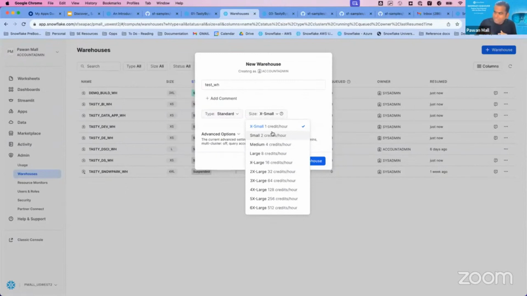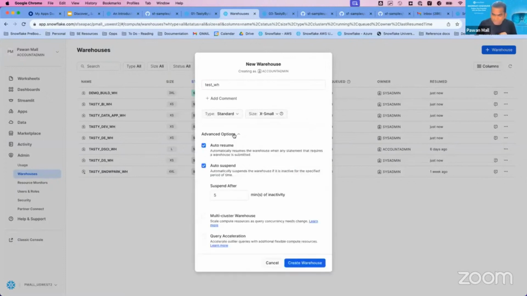And later during the session, I will also show you how you can scale up a warehouse and execute something much faster. So if I run a job which loads data from S3 into Snowflake, it will take probably 2-3 minutes for extra small. But when you do that with XXL, you can do that in 15 seconds, right? So it's linearly scalable in that sense. So you decide how much compute you want to use and how much time you can spend on that job.